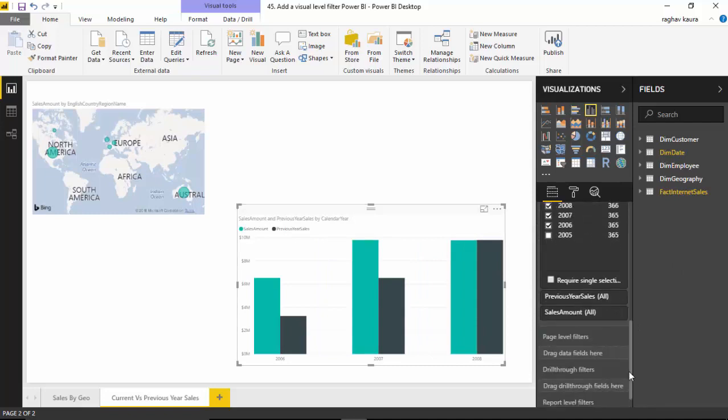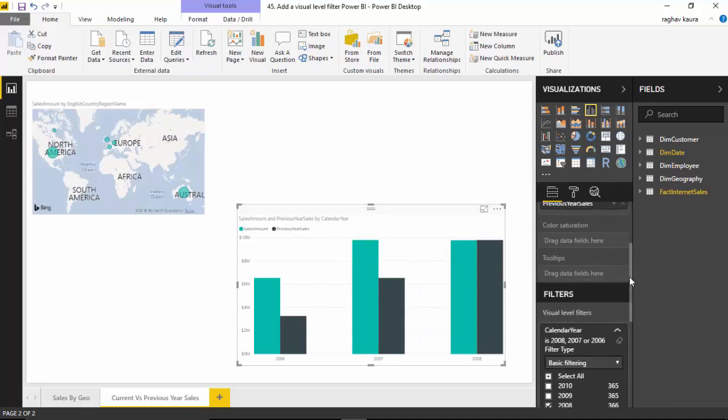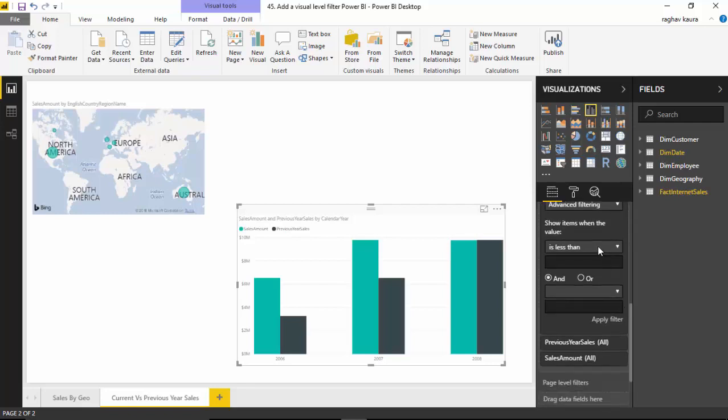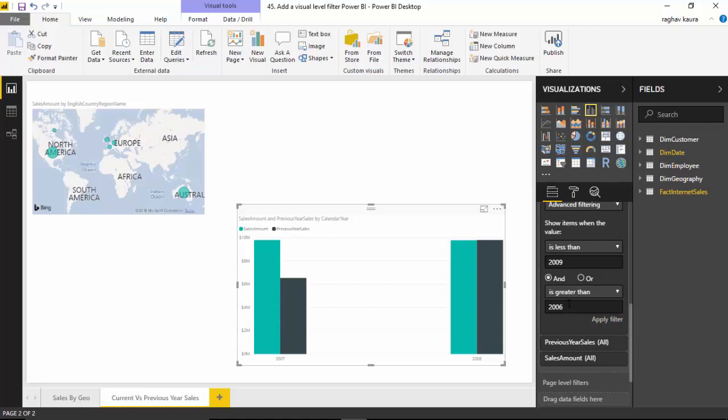Now let's say we've got a largish year range and we just want to specify the range of years. So let's go back and say advanced filtering, and we will say that it is less than 2009 and it is greater than 2005. And if I click on apply filter, you can see we again get the same one. But let's say we say 2006, and you can see it just becomes